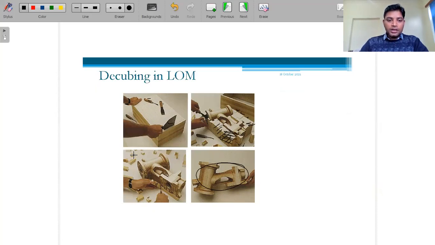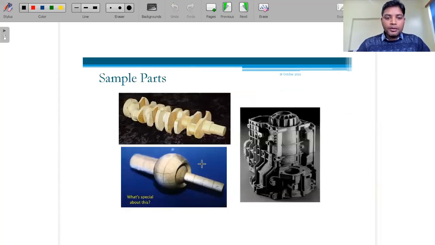This is just scrap material that we are taking out once the object is done. This is the camshaft. This is a ball joint head. That is what we can manufacture.